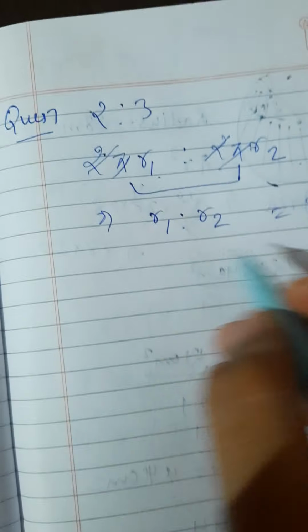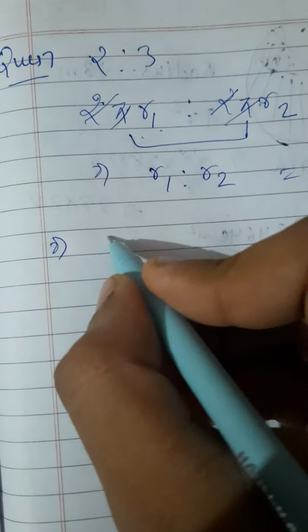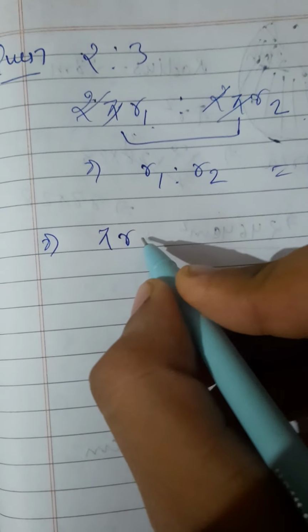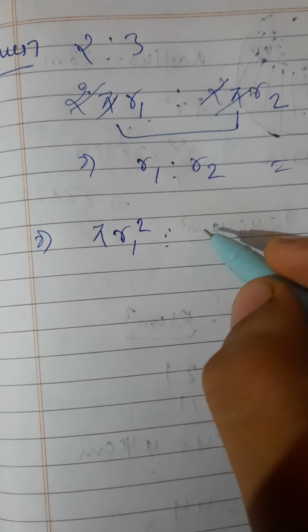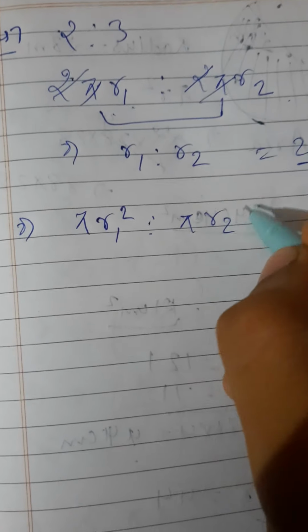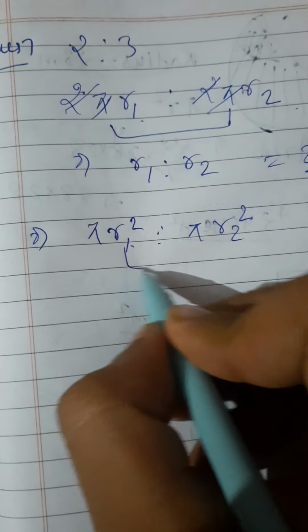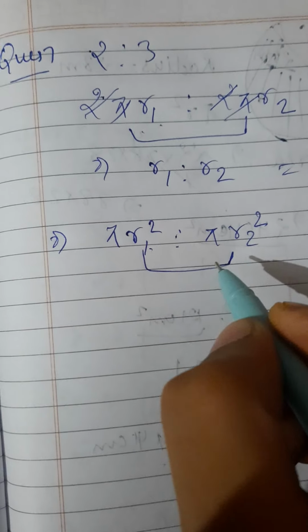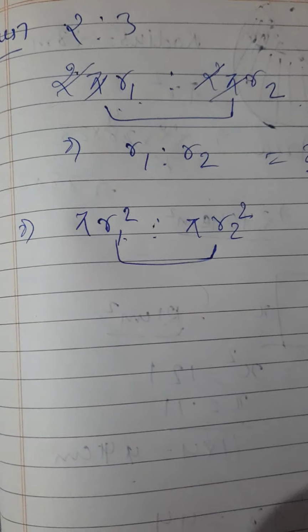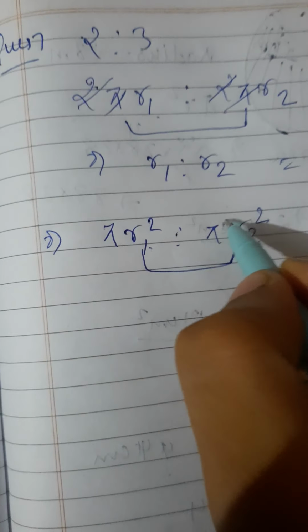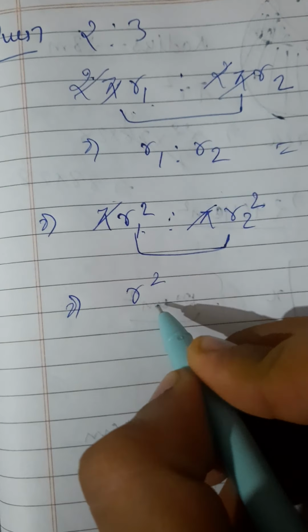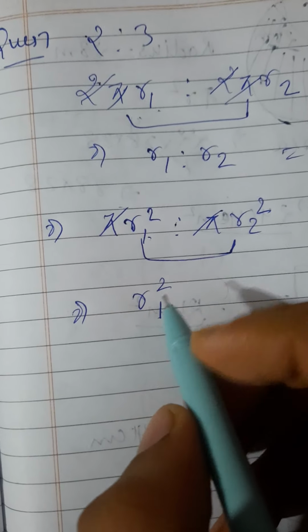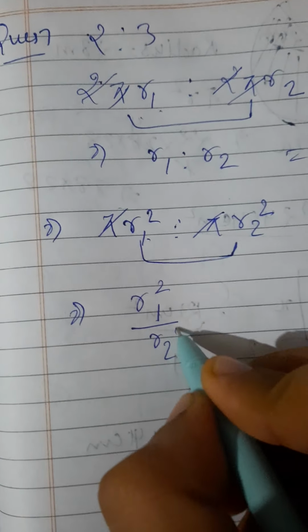And now we need to find out the area of these two circles. So as we know that area of circle is pi r square. So here also we are taking the value of r as r1 for first circle and r2 for the second circle. So this will be the area, and this will be the ratio of areas for these two circles. So we can simply cut off pi here as well. So we are left with r1 square upon r2 square,